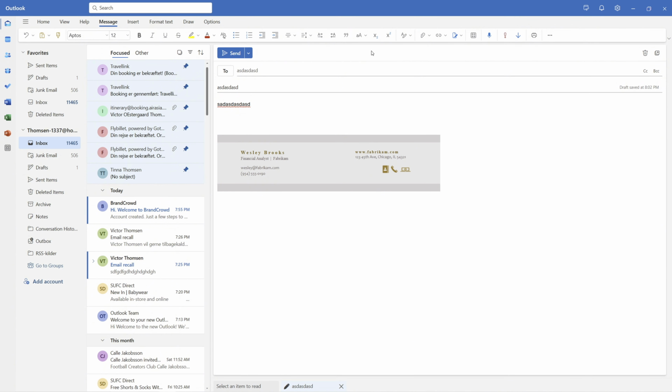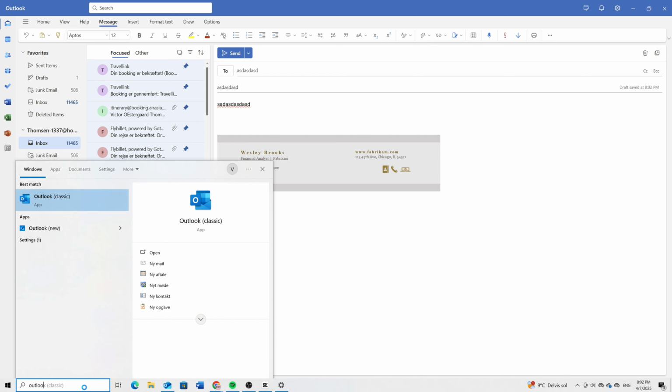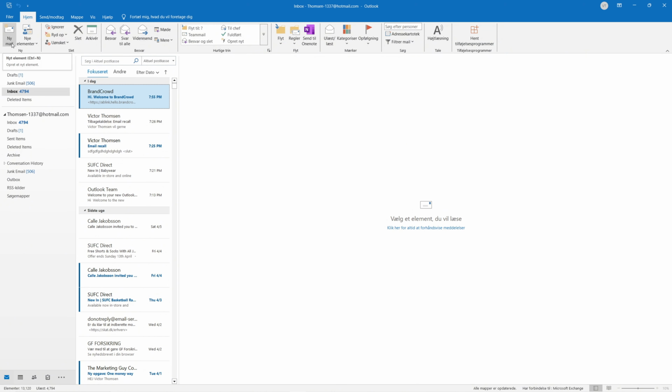That's how to do it in the new Outlook. The next thing I want to show you is how to do it in the old Outlook. So I'll open up Outlook Classic, and it's the same for here. I want to click on New Mail,